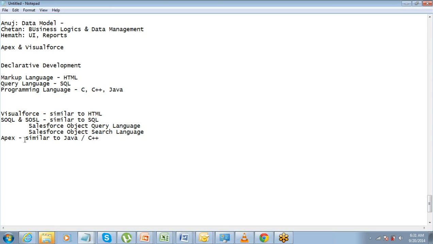Whenever you have to customize something using programming, you will have requirements. If you want to customize the interface, then you will use Visualforce, or if you want to control something in the backend, then you will need Apex. If you need something done on the database, or want to search the data, you will need SOQL and SOSL. This is what we have in Salesforce, nothing else apart from this.